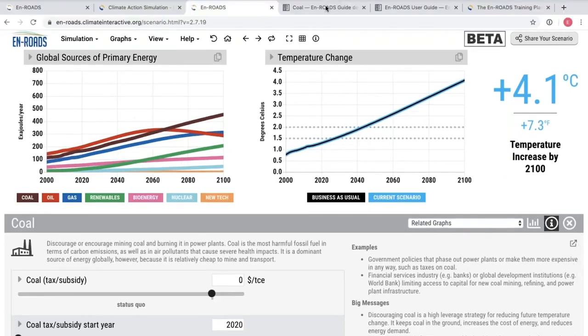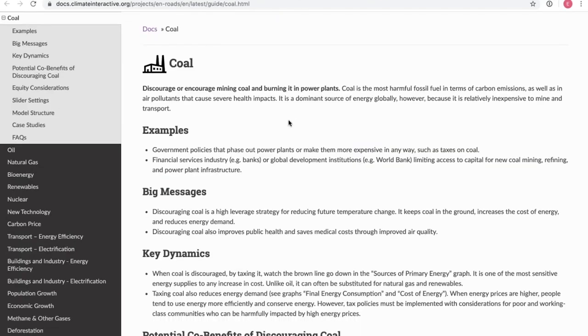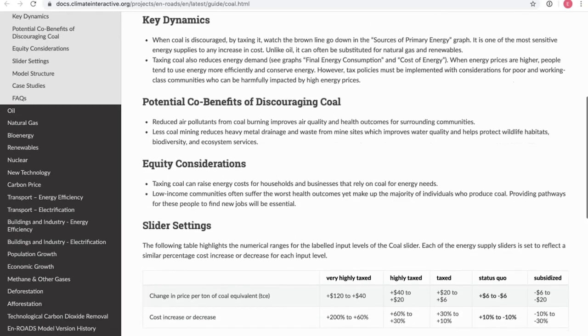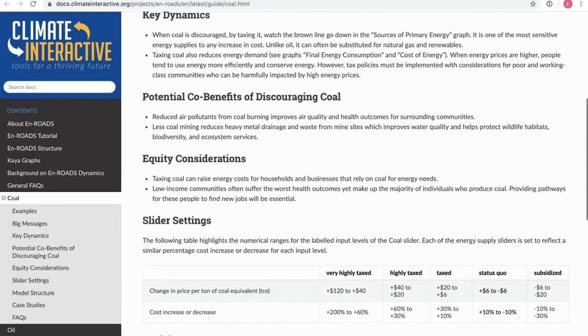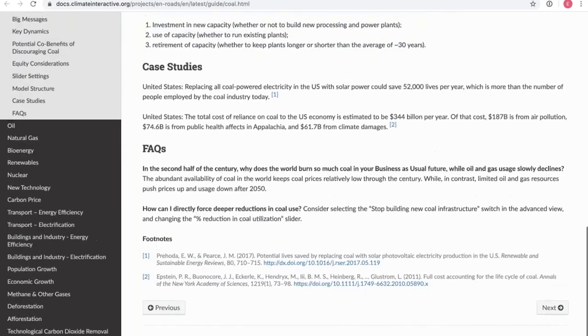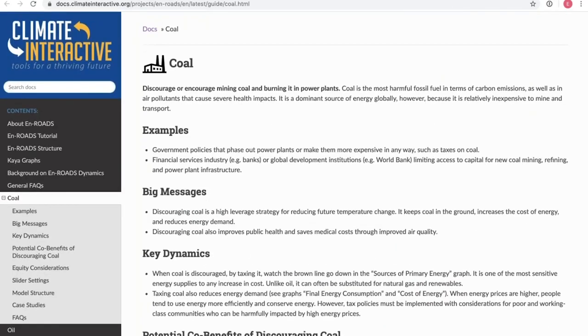This pops it out into the En-ROADS guide itself, and you can scroll through there and see that we're adding case studies, so you can see some examples that you can use as talking points too, and more will be added there. In addition to that, if you go to support.climateinteractive.org, we're also adding in more frequently asked questions,